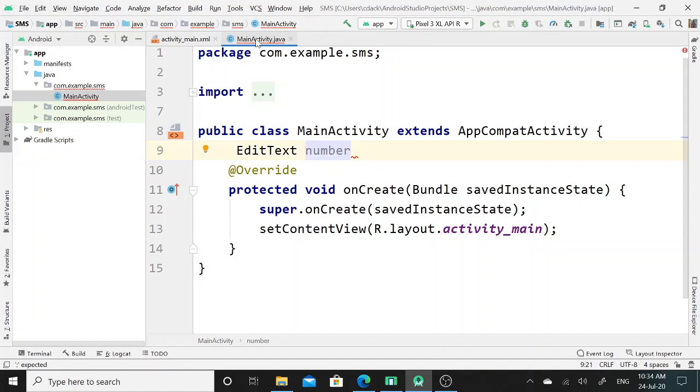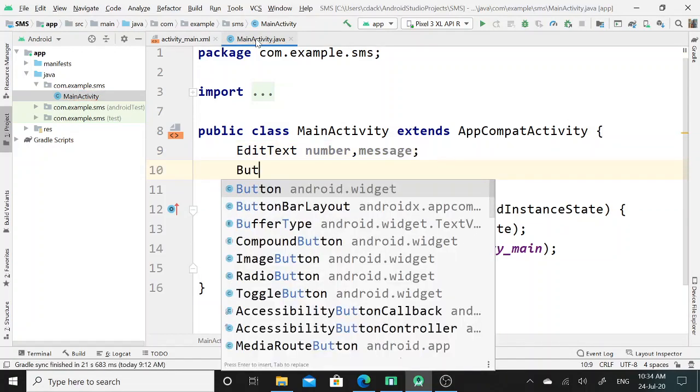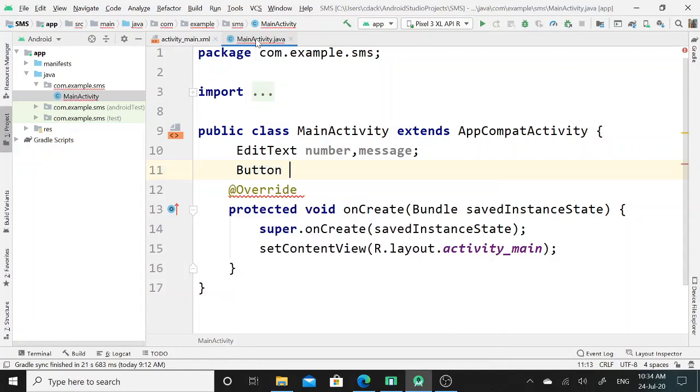So I will create number as a reference for the first edit text and message as a reference for the second edit text. Again I will create the reference for button class, that is submit.